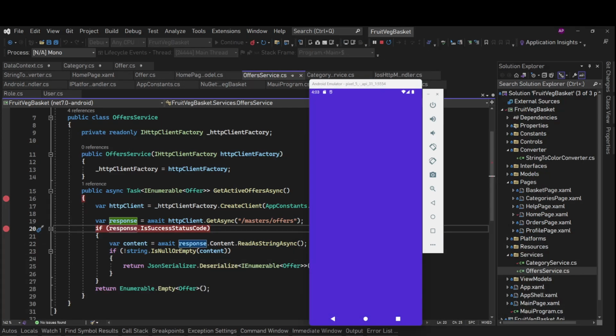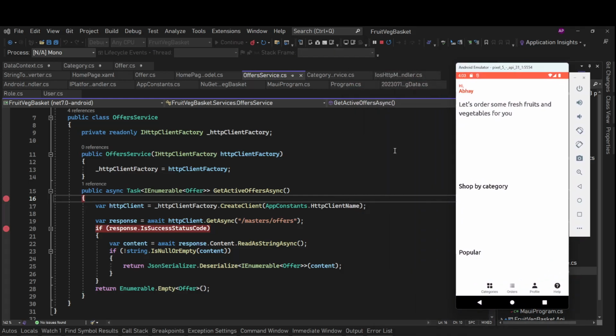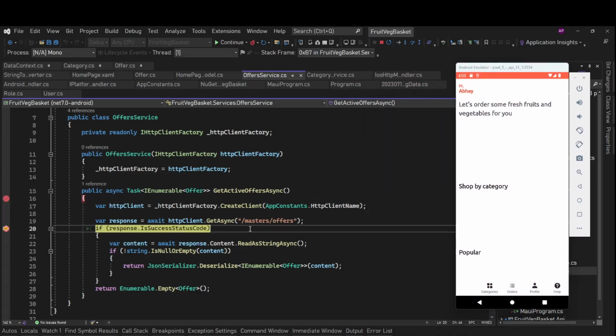API is running. Okay, breakpoint. Okay, the request is successful.